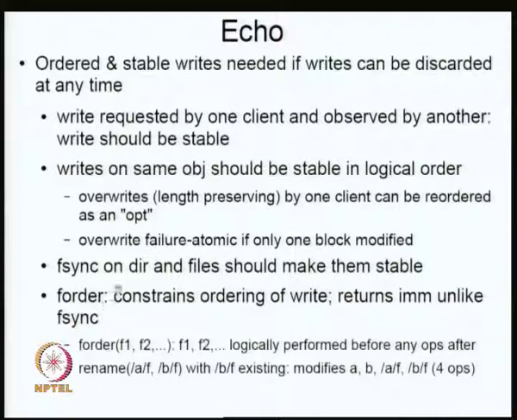So the other thing that is different about fsync and F order is, with fsync you wait till it is committed to disk. That means it's a synchronous operation, and the only reason why it's called fsync is because it's synchronous. You are sure that at the end of it you have done it. Whereas F order constrains the ordering of writes, but it returns immediately, unlike fsync. Basically this is just telling you what the order should be. You are intimating to the file system, please flush in this order. You're not waiting for it to do it.